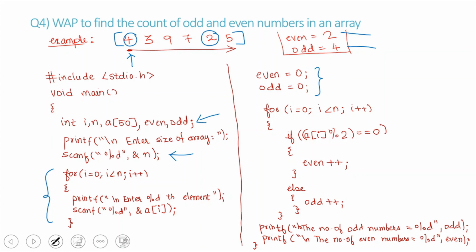That is, we are going to check if the remainder is equal to 0. If it is 0, it means that it is an even number and even plus plus will be executed. If this is false, then odd will be incremented. So by the end of the array, we will get the count of even and odd. So once the for loop is exited, it will come to the statement where the number of odd numbers and even numbers are printed.